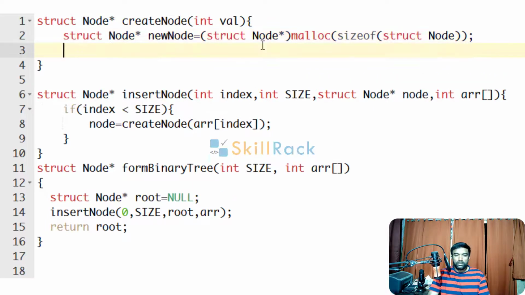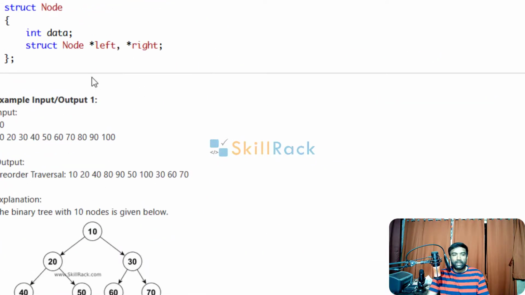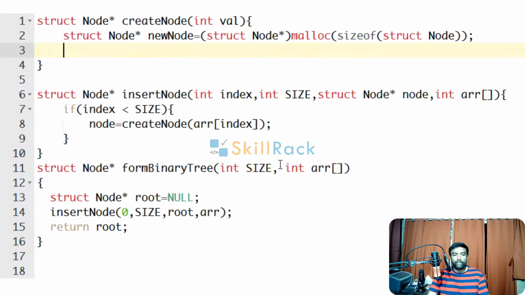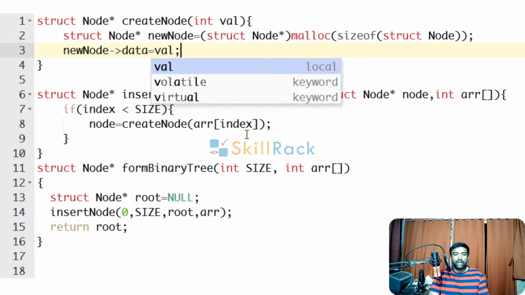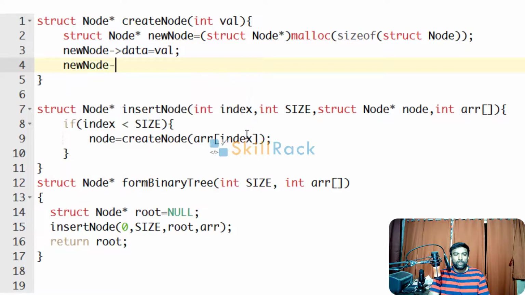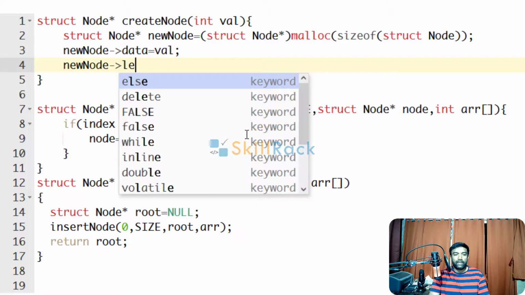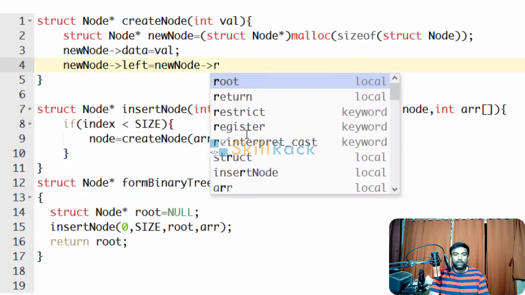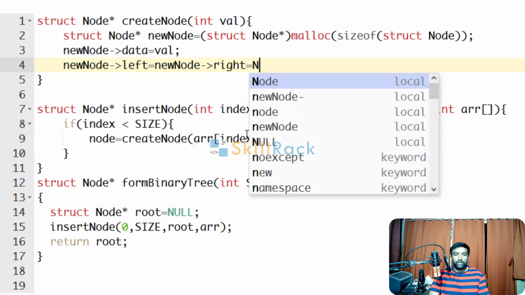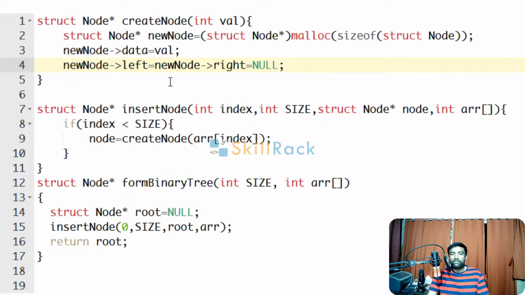Now for this new node we have to set the value. The variable is int data, given in the program. So new node data equal to val, and new node left equal to null, new node right equal to null, because they are not initialized.